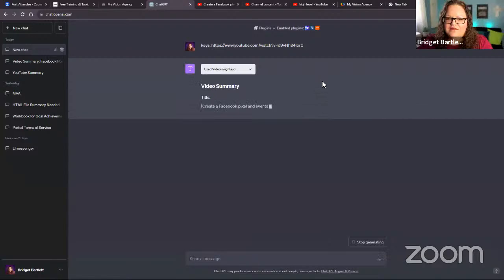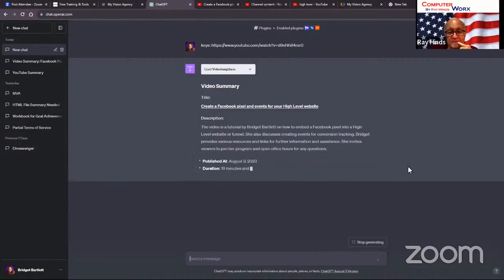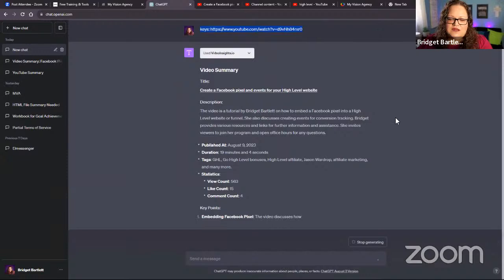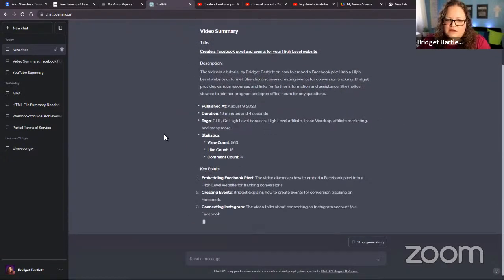It's just giving a summary, but this keys thing doesn't mean anything to it. But now if I go over here and I type in keys, I'm going to get my whole description that I asked for, that I basically worked with it to build.